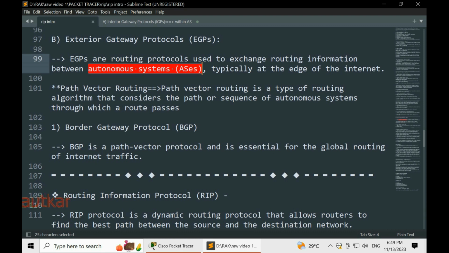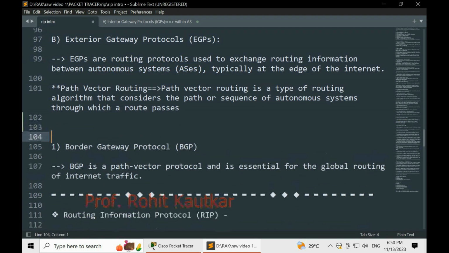If there are n number of autonomous systems available between source and destination, the job of the path vector routing protocol will be identifying the autonomous systems available between source and destination, and it is stored in the form of a sequence of names of autonomous systems. That's why it is referred to as path vector, because it is representing a certain path.